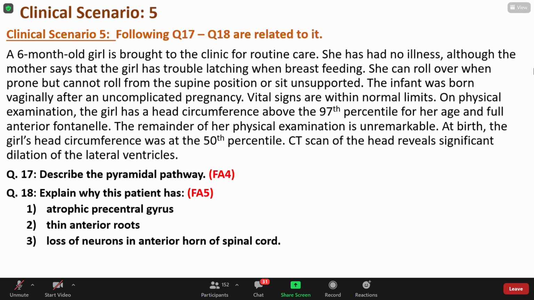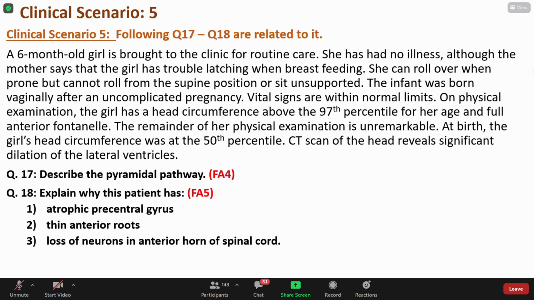So the basal ganglia will send continuous inhibitory signals to the motor cortex to have no movement at rest, as I said. And when the cortex decides that